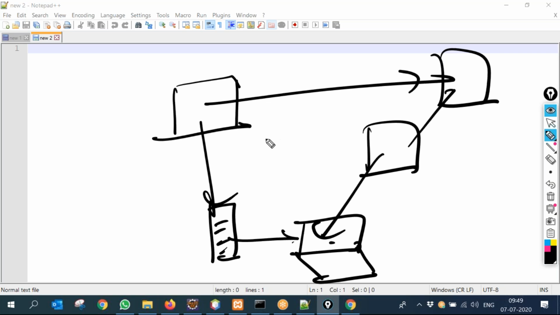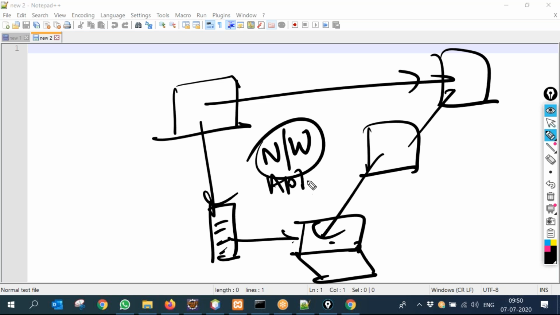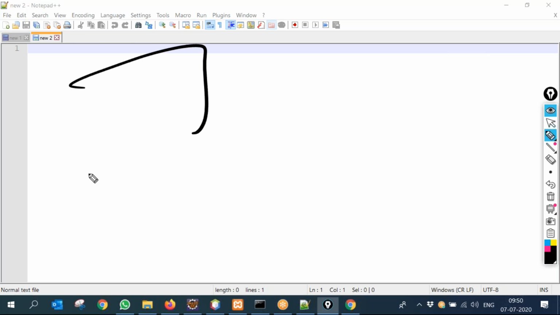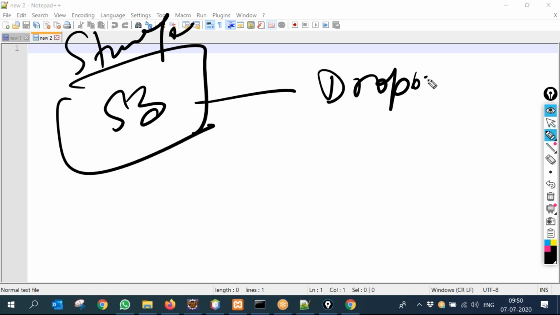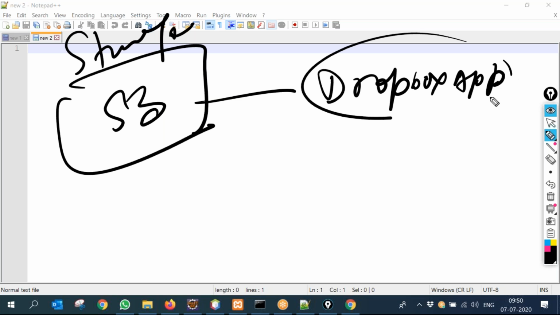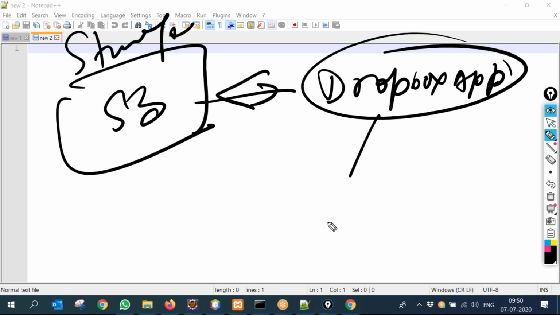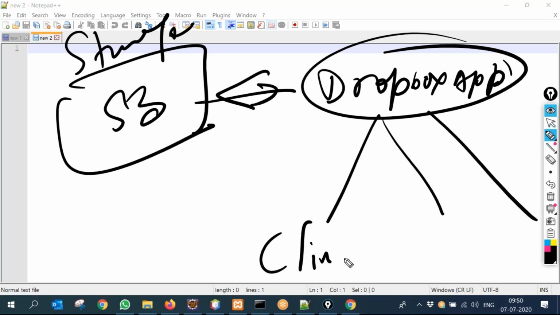It was difficult. So what he did, he created a network place. And he wrote an application, and now the application was doing it, right? So this was a server. Then Amazon came, told why you are keeping it, your business is growing, I give you a storage. So S3 came and the Dropbox application was there, and it was now storing all data here, and clients were doing like this, right? Yes or no?